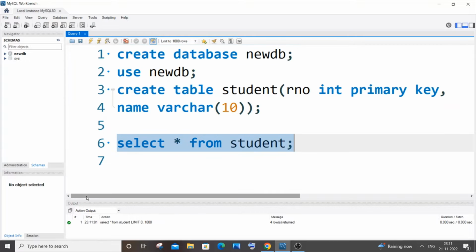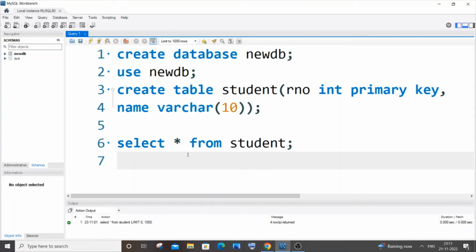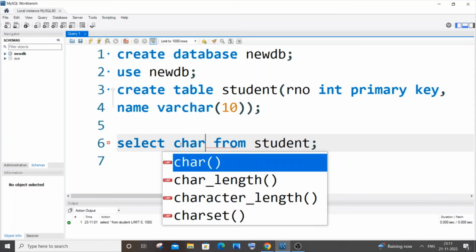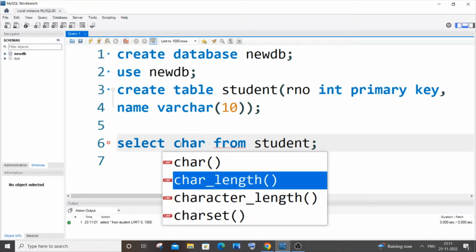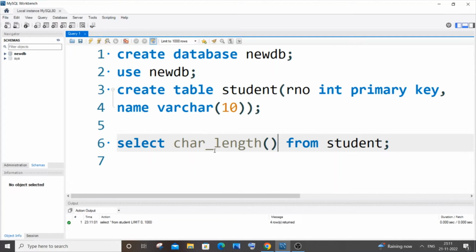For that we will be using the inbuilt function CHAR_LENGTH. So it's going to be the exact same command: SELECT asterisk FROM your table name, but instead of asterisk we need to put the CHAR_LENGTH function. It's CHAR underscore LENGTH, no space, and within that function we need to pass the column for whose value we need to find the length. So I want to find the length for my name, which is a column name, and if I run it now,